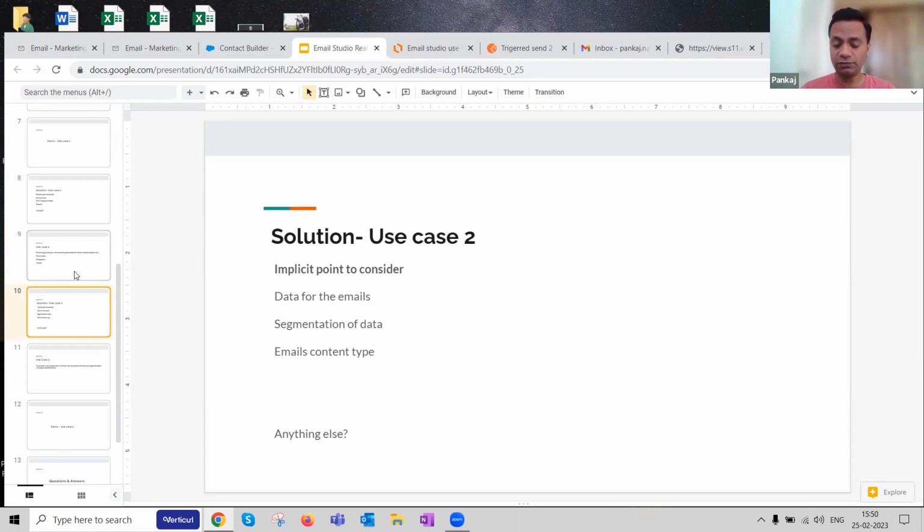Then what is segmentation of data? This is also very important. Now you have customer data, you have your interest data, you have your demographics data, you have all different kinds of data stored, right? How do you do segmentation and joining of that data? And that's where somebody mentioned in terms of data model. How do you devise that data model so that all these tables for customer details, products purchased, demographics, interest, everything is connected to each other so that you can make use of all this data, right?